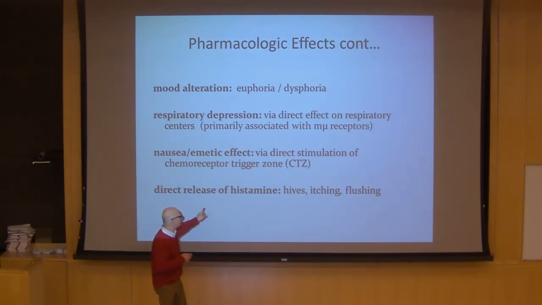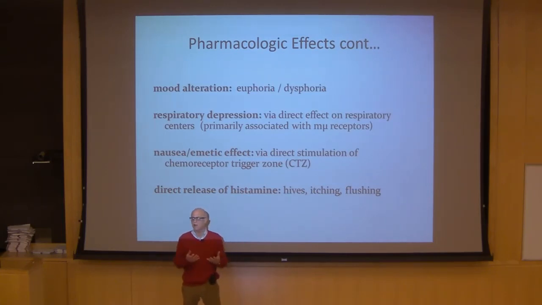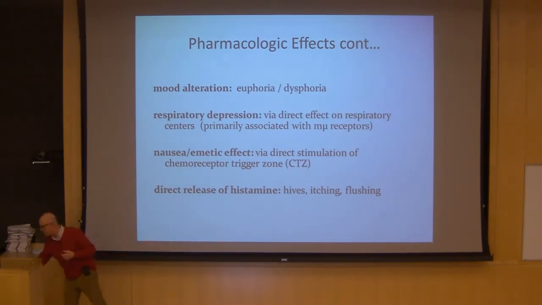And finally, I'd like to speak about the last one, the release of histamine. It's like an allergic reaction, but it turns out that morphine, having a basic structure like a base, it can take the place of histamine in the mast cell, and it's basically causing the mast cells to release histamine, but it doesn't take an antibody. There's no antibody involved. It's a direct release of histamine. So in certain sensitized patients, you can get a hives itching-like reaction just from the drug itself, no antibody.